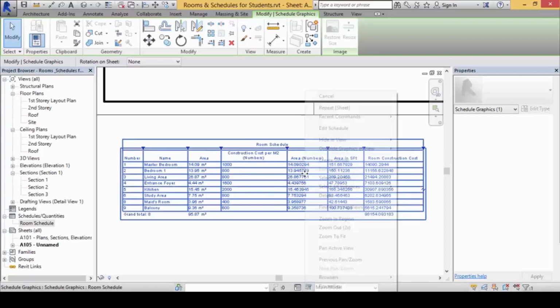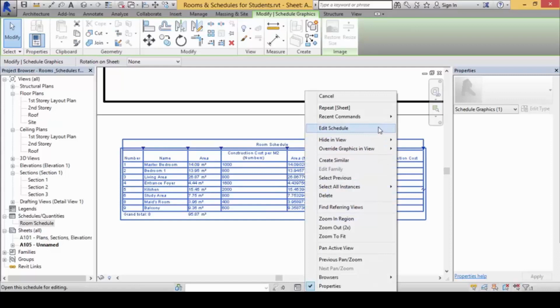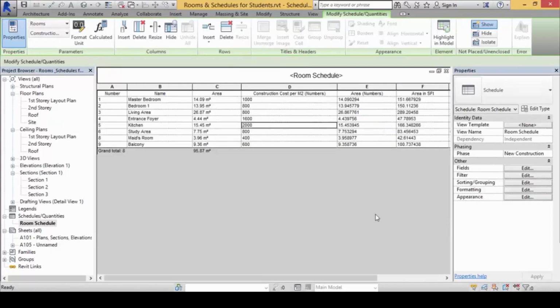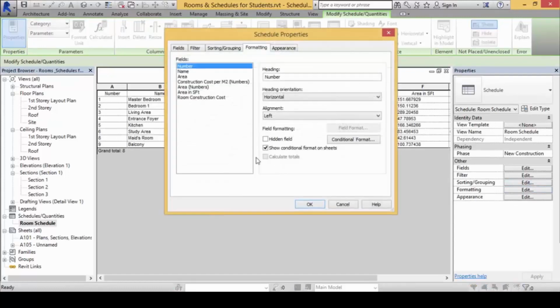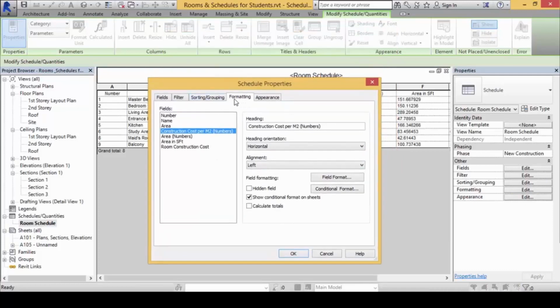I can also right click on the table itself and click on edit schedule, and under the formatting tab, some of these are our working numbers. For example, this area bracket numbers column is a working table. I need this column to be around so I can calculate the numbers, but I don't need it to be presented, because too many of the same data in many different number formats confuses everybody.